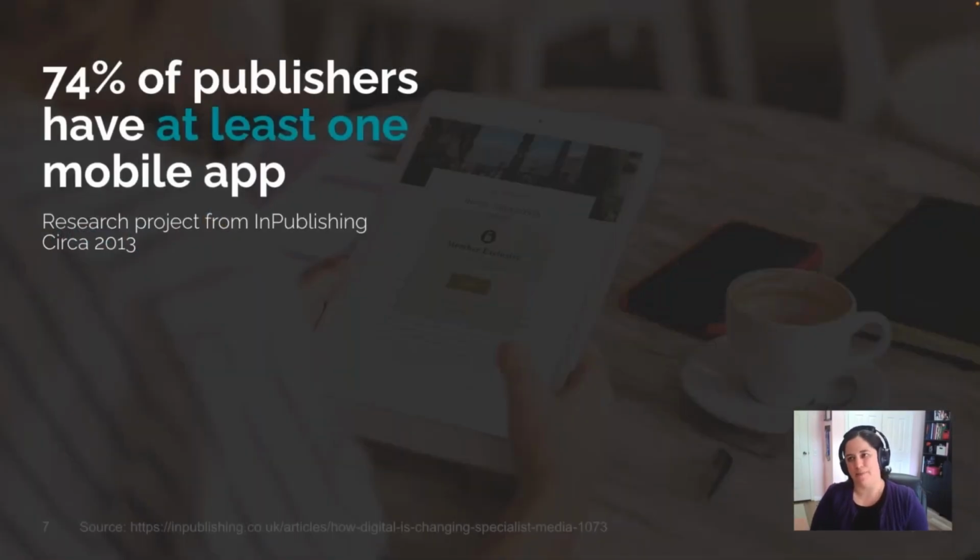If I look at the metrics of how many publishers have mobile apps or at least a website or are distributing their content, those numbers are very high. Now, this is a very outdated number from 2013, but 74% of publishers have at least one mobile app. I would say that number is probably even higher today, based on the fact that we know that there